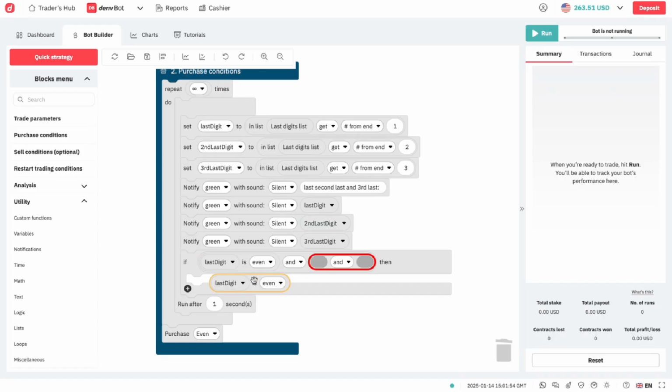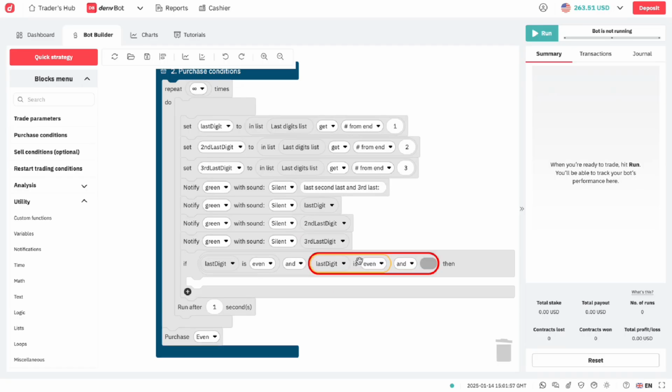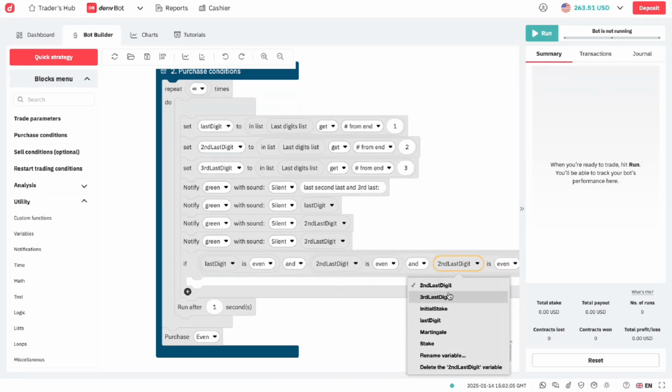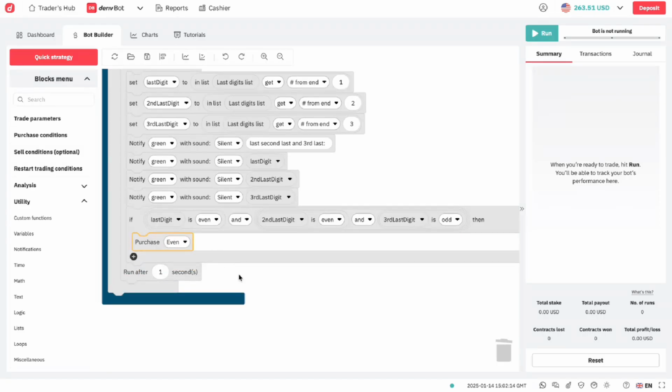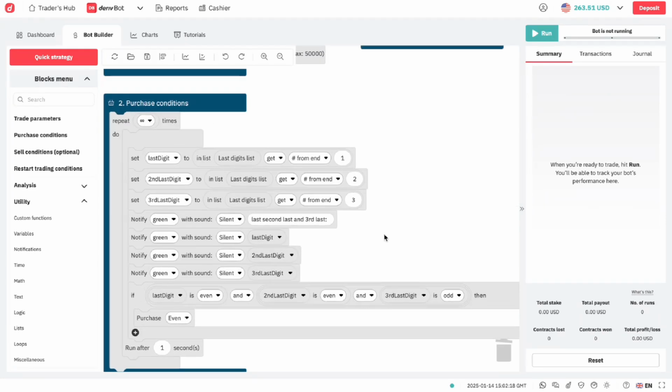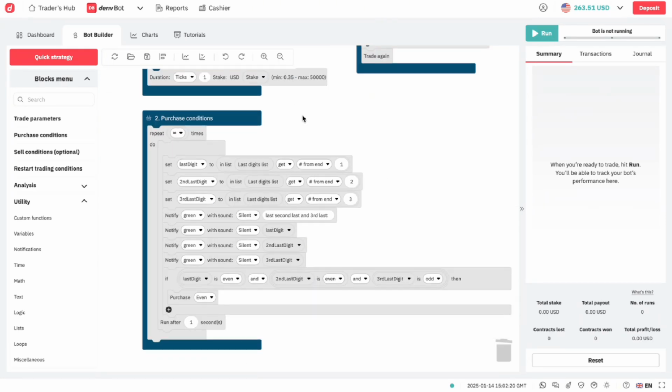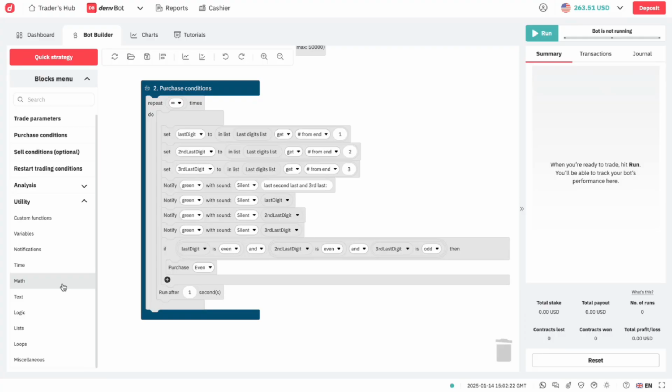We can just duplicate this, put it on the first block there: if the second last digit is even, and finally if the third last digit is odd. This one should be odd, so it's even, even, odd. Let me just minimize this a bit so you can see the whole operation.